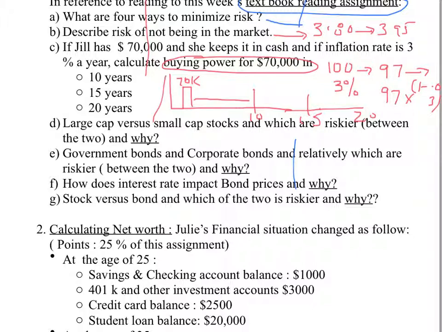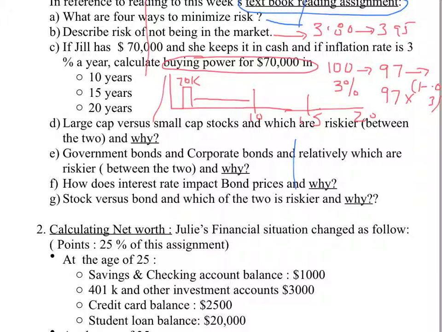Giving money to company ABC, company XYZ, we don't know if they're going to survive or not. If you get a 10-year bond from the United States Treasury, that means we're lending money to them for 10 years. We're going to make interest for 10 years, and then we'll get the money back. Versus lending money to a corporation for 10 years, no guarantee the company will survive. I mean, look at companies that have gone belly up, or even companies that are okay now. A few years ago, they were in deep trouble, like General Motors and so on. So that's why corporate bonds are riskier, because there is no guarantee, as much as you can get a guarantee from the government. So that would be the answer.